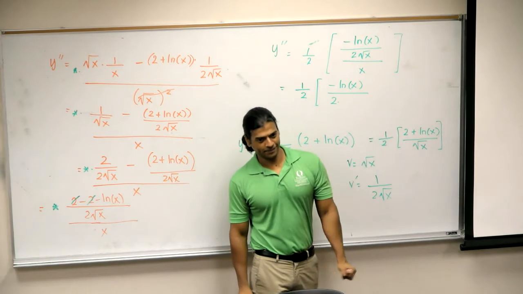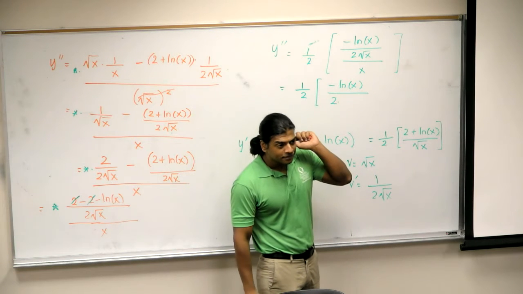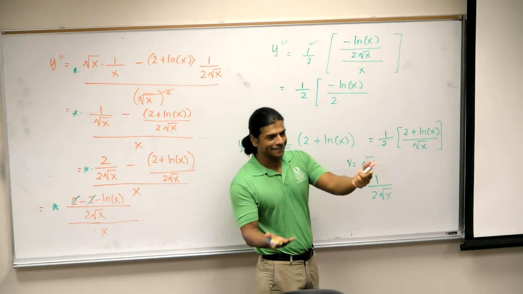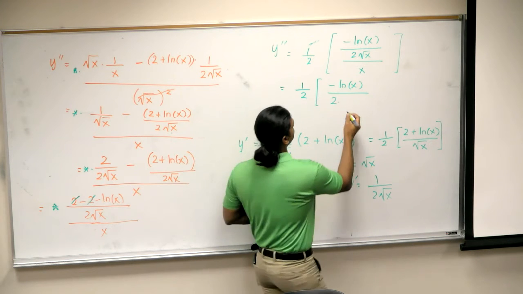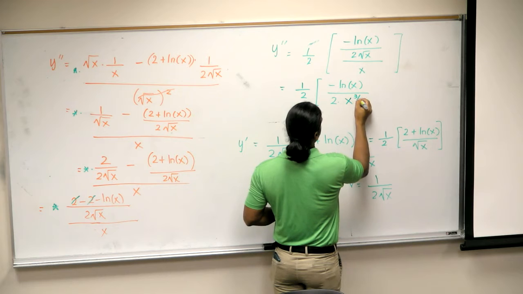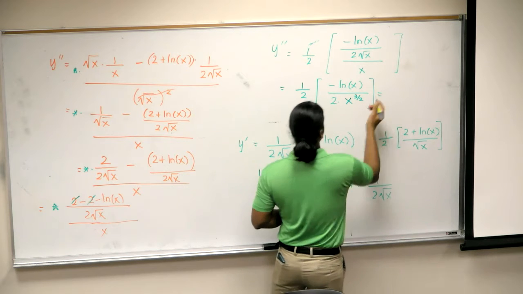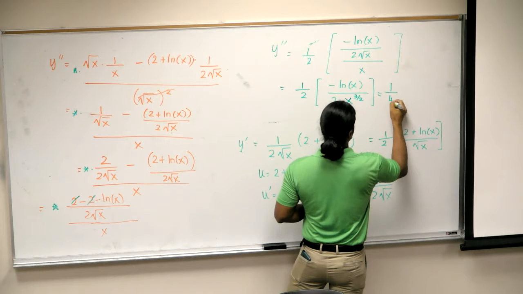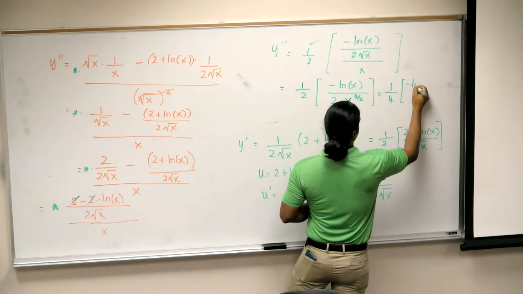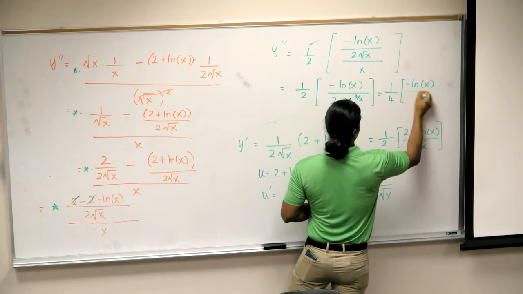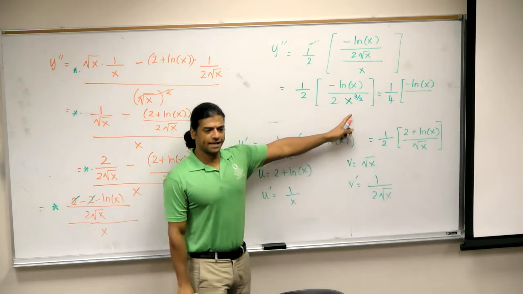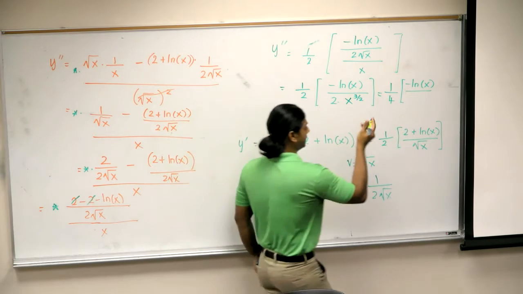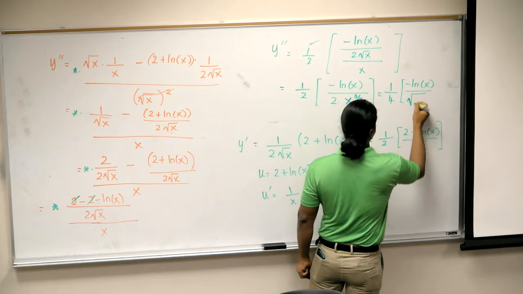Multiply that by x. What is it? 3/2. Multiply the 2 and the 2. You can leave that as is, as x raised 3/2, or in terms of a radical, it is square root